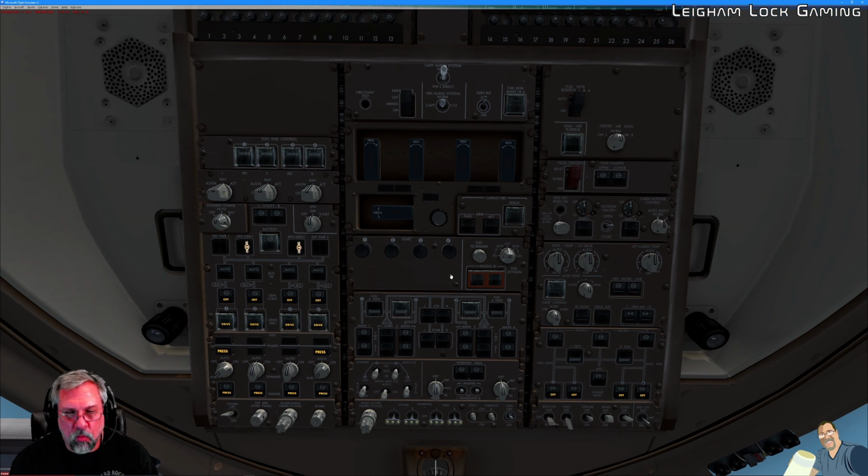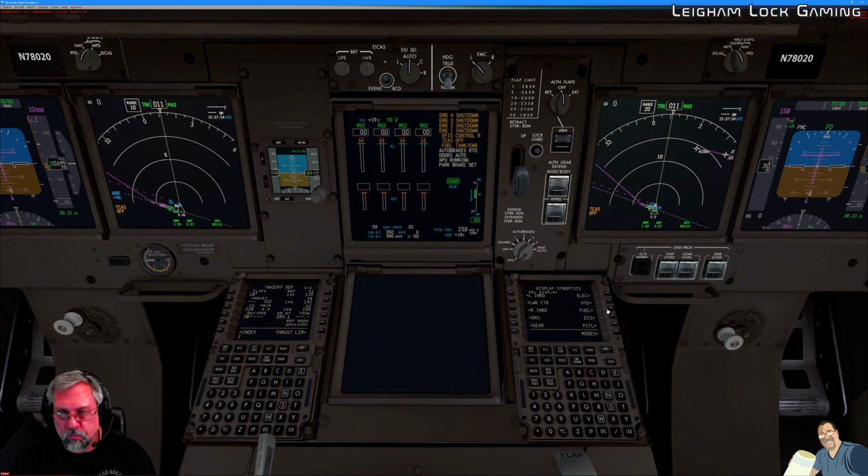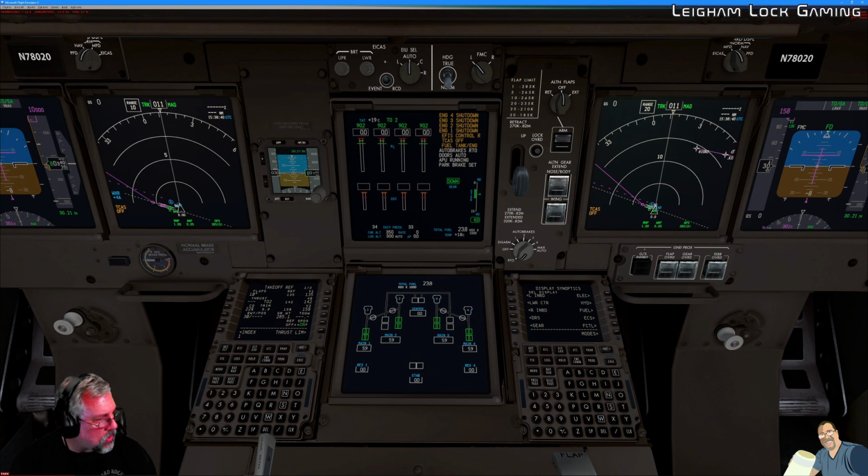And then I wanted to come back and talk briefly about the fuel crossfeed valves. Before I jump ahead, let's just take a quick look at our fuel information. If we go to our synoptics and look at fuel, we can see that we've got a minimal amount of fuel on board at 23.8 kilograms, and it's pretty much distributed evenly across our fuel tanks. In the FCOM, you would have to read this, but basically what it says is for the overrides and for the crossfeed,